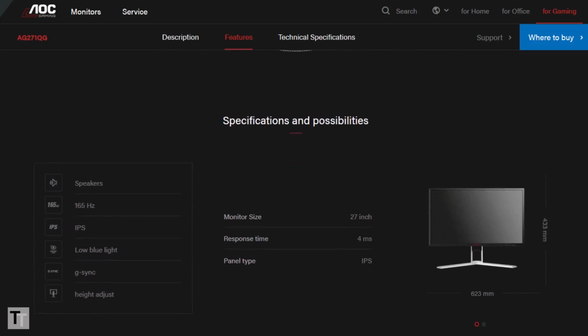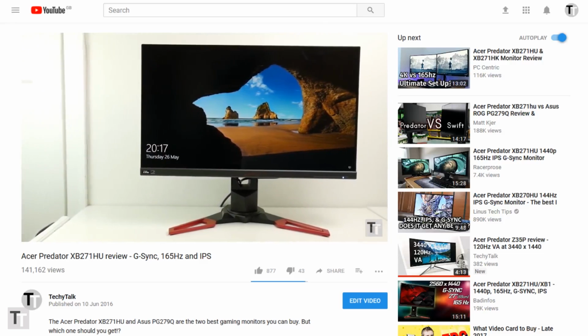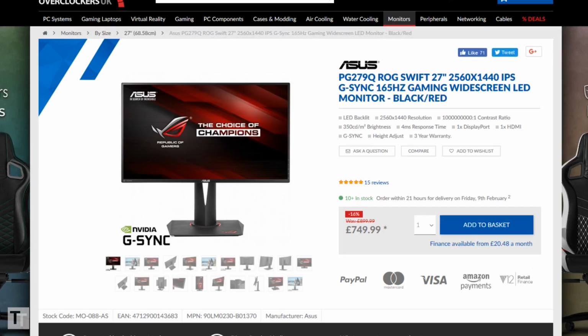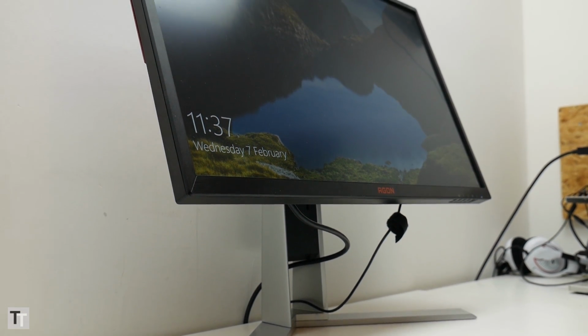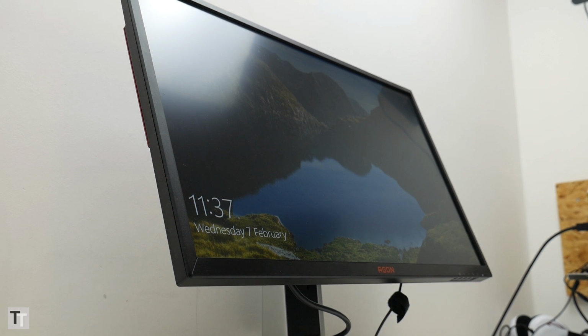It's simply AOC's equivalent of the hugely popular Acer XB271HU and Asus PG279Q. Crucially though, at least here in the UK, it's consistently cheaper than both those displays, and in some ways it's better too. First things first though, the design, and the obvious thing you miss out on here is a low profile bezel, which does affect its desk appeal, but the bezel is still reasonably narrow and it potentially has some